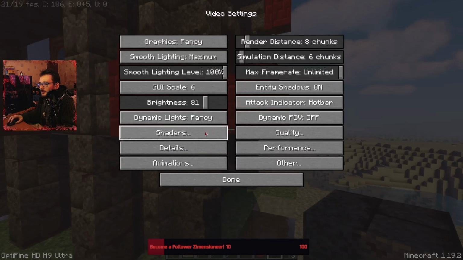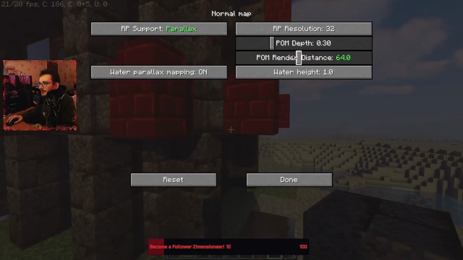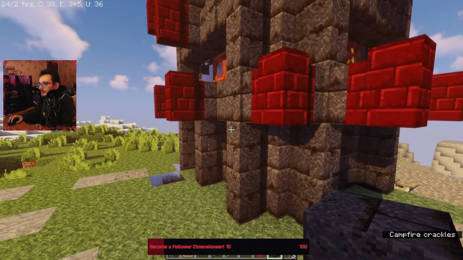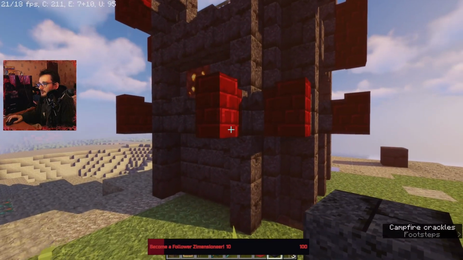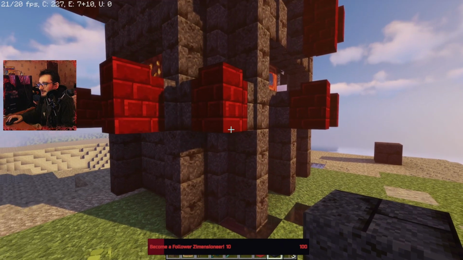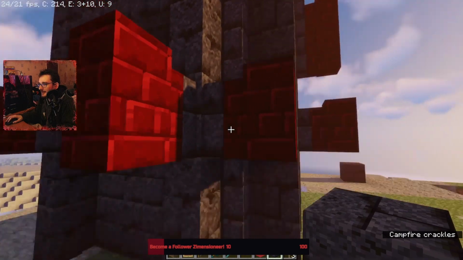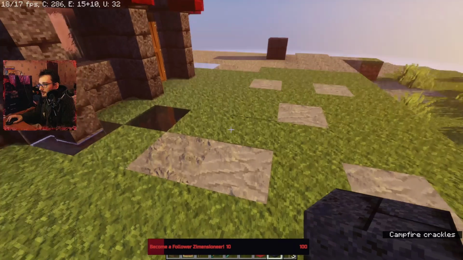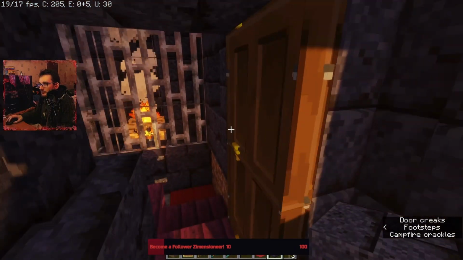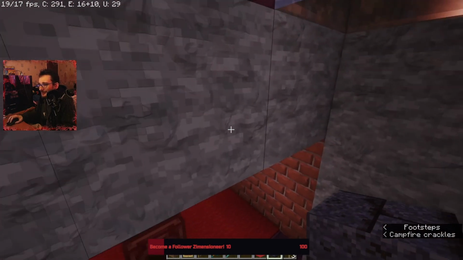So if I was to turn shaders normal... Okay, POM depth is 30. We turn that down just a tad bit. That doesn't look half bad. It's when you get up close that you're like, that's not quite right. That there is what can be the issue. But the stone probably looks real good. I'm getting 19 FPS. This is why I won't be using this, but...